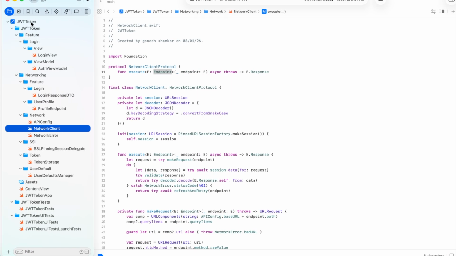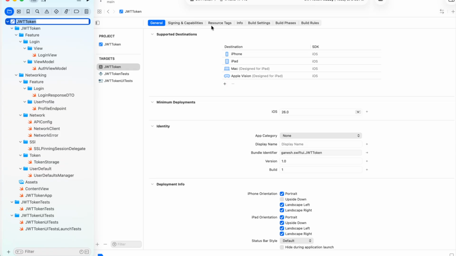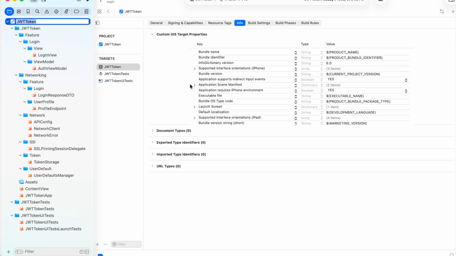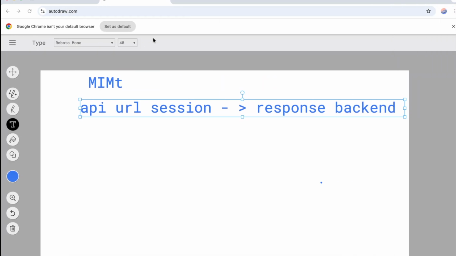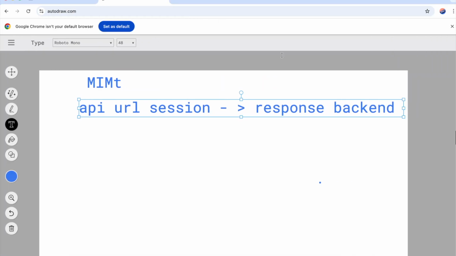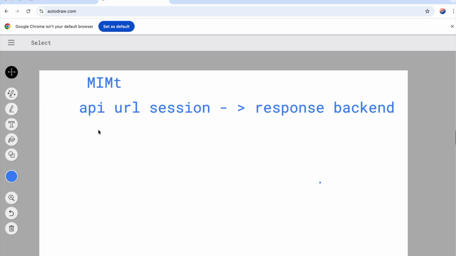Here you can go directly, and then in Info you can add your security settings and all. For ATS you can just directly add it from there, but if you want to add more security over it, then you can have certificate security, which will be your SSL